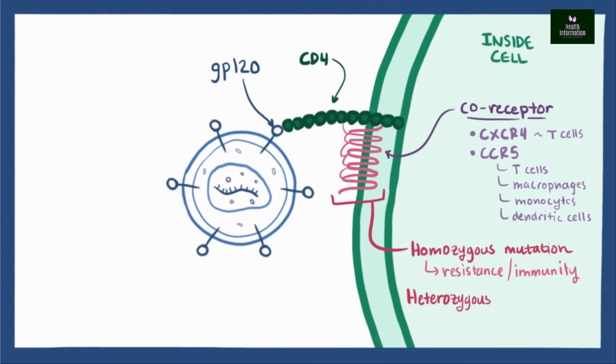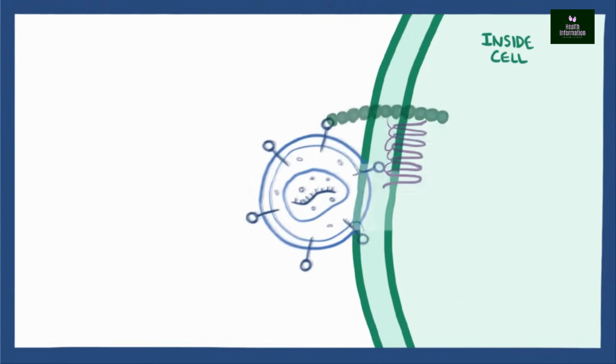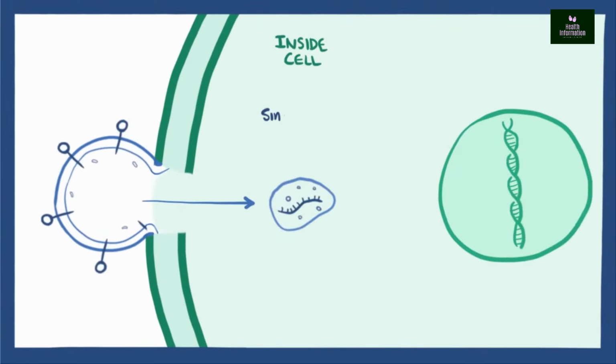In fact, even heterozygous mutations, which lead to fewer co-receptors on the cells, can make it harder for the virus to spread and result in a slower disease progression. For those without this mutation, though, once HIV binds to CD4 and either CCR5 or CXCR4, it gains access into the cell. HIV is a single-stranded, positive-sense, enveloped RNA retrovirus, meaning that it injects its single strand of RNA into